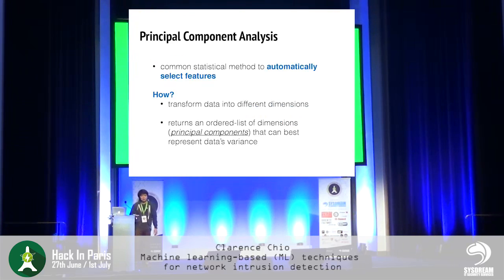So something I mentioned earlier was principal component analysis. Let's say you manage to come up with 1,000 different features from just Apache weblogs, which is pretty common. People have come up with tens of thousands of features based on plain text. A common statistical method to automatically select features is PCA. It helps you run a single line of code and come up with top features that are relevant to your data set that can help make your model more efficient. Maybe you select just 2 of those features, and they're able to perform better than using 500 features with 500 different feature weights and biases.